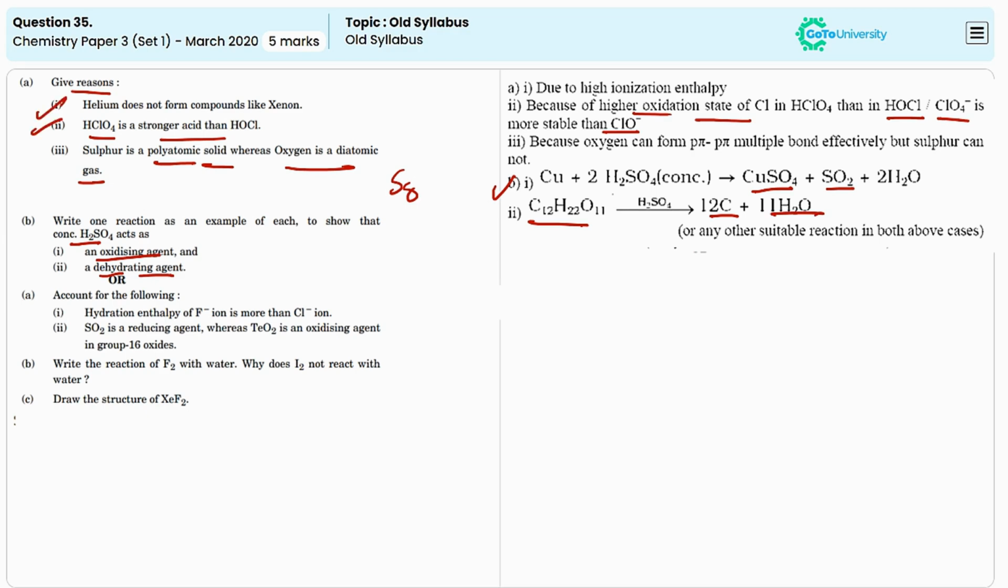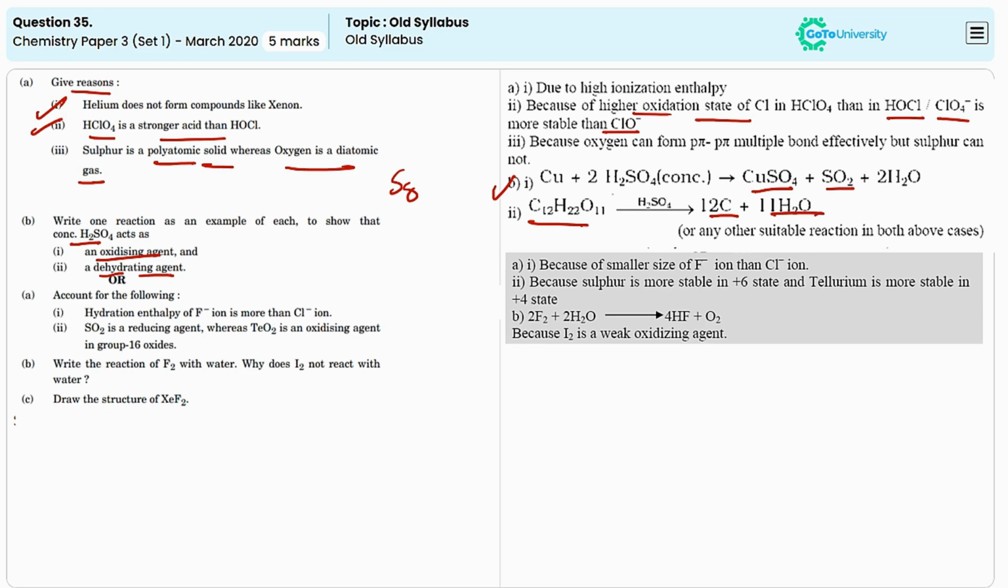In the OR question, we have to write the reasons for the given statements. The first one is that the hydration enthalpy of fluoride ion is more than that of Cl⁻ ion. Fluorine is smaller than chlorine and it is more electronegative than other atoms. Because of the smaller size of the fluoride ion than that of the chloride ion, the hydration enthalpy will be more for